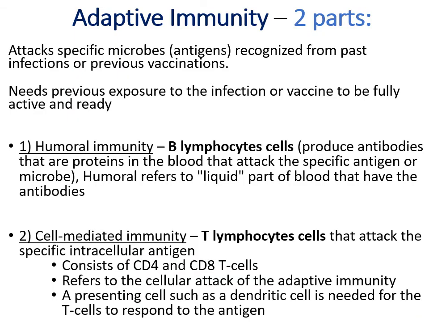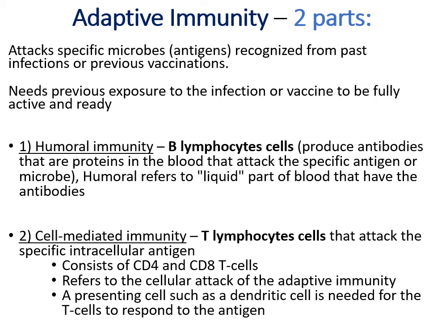Okay, so still on the theme of adaptive immunity, I'll go through this slide fast because I think I've mentioned most of the things on it. The adaptive immunity attacks specific microbes that it's formed a memory to. And how did you form an adaptive immunity? Whether it's from previous infections or from previous vaccinations. Okay? So you really need to be exposed to the infection or the vaccine to have an adaptive immunity to